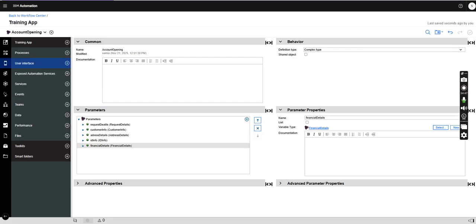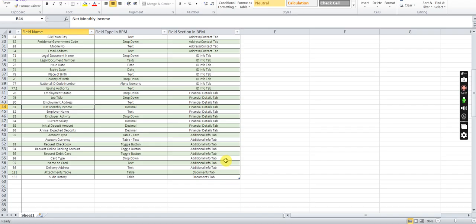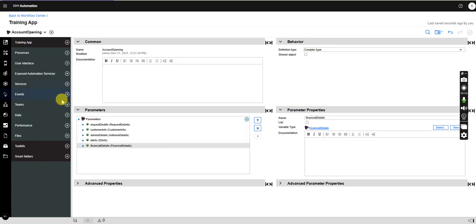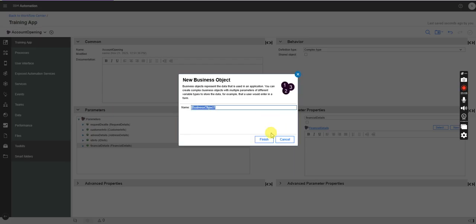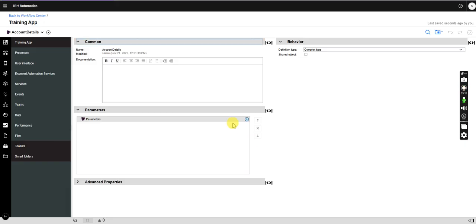The last one is account additional info. Basically, these are account details. Okay, basically one customer can have multiple accounts. So we are going to make it as a list. So for this I'm going to first define a business object named as account details. Okay, and it will have